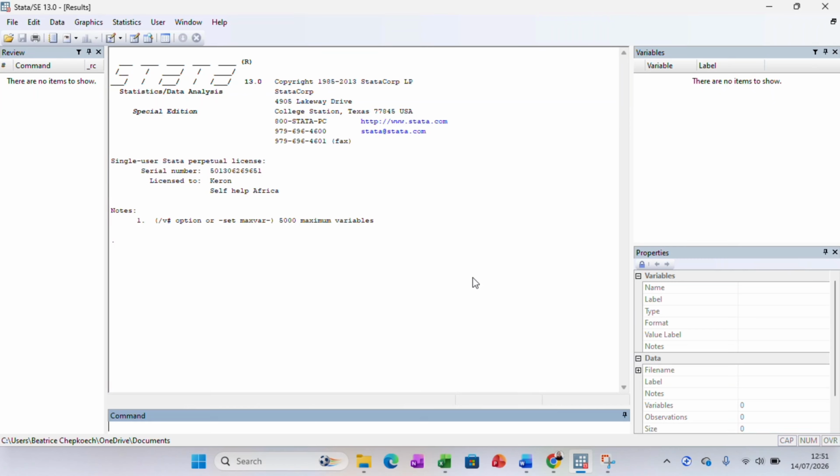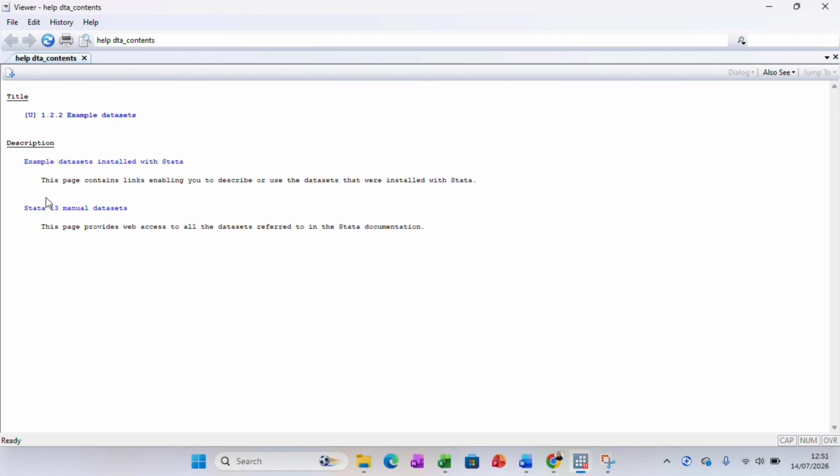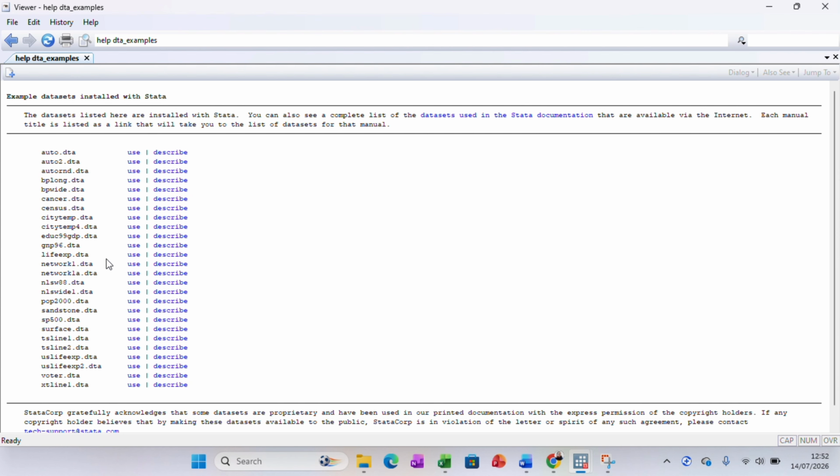And in today's video we are going to learn how to generate histogram graphs in Stata. So I'm using version 13 of Stata. You go to File to have your data. I'm going to use an example dataset that is saved in Stata. So I'm going to go to example datasets, install in SPSS, and I'm going to use the